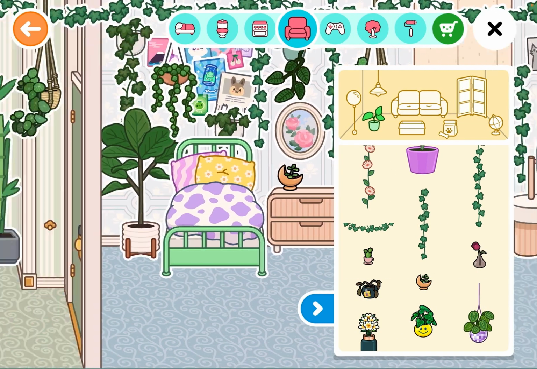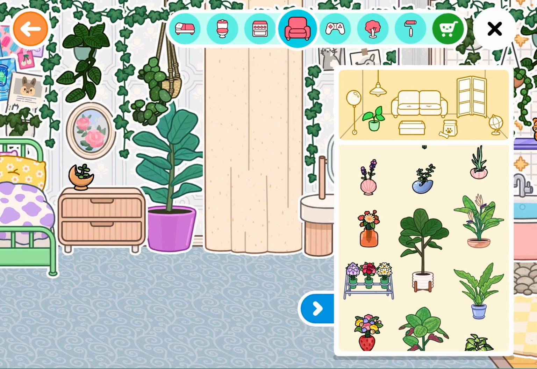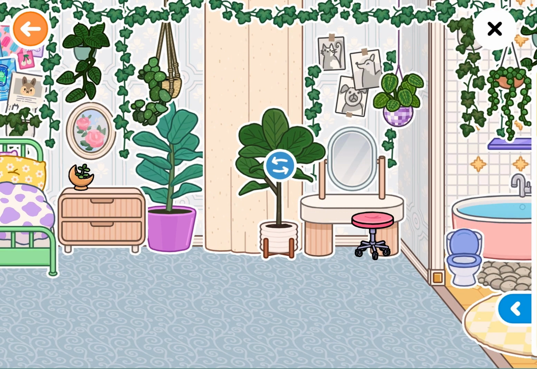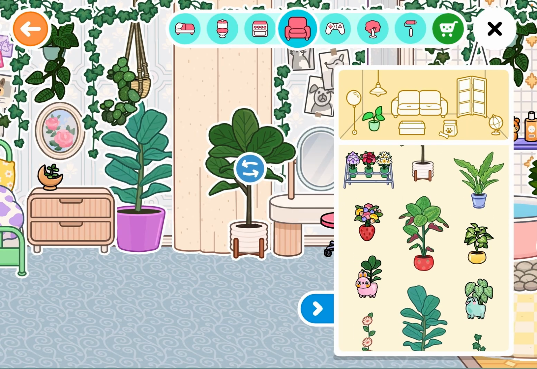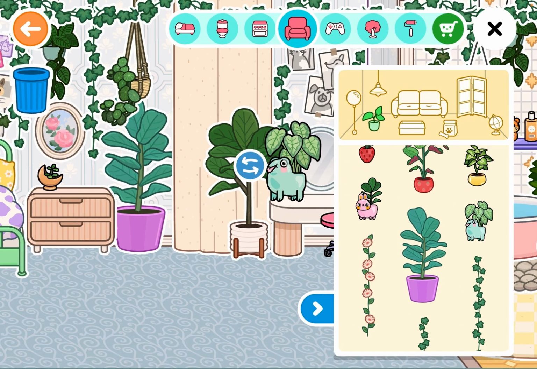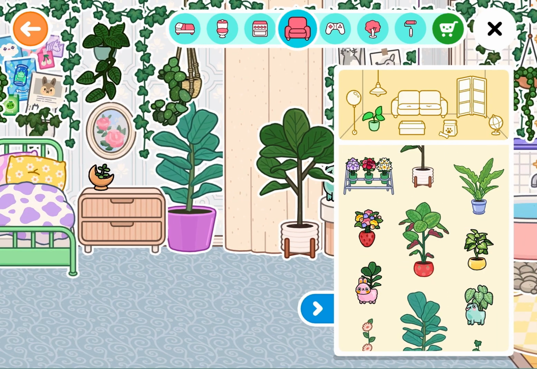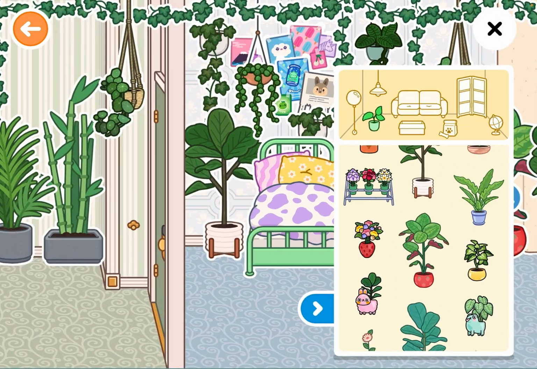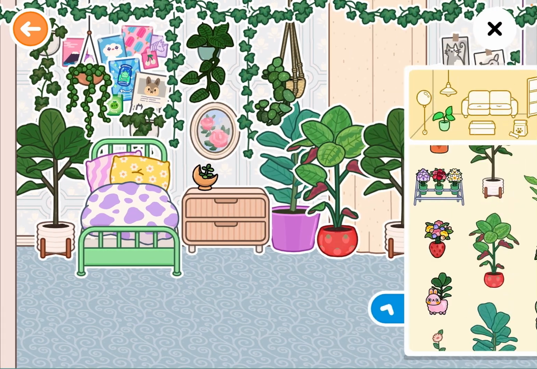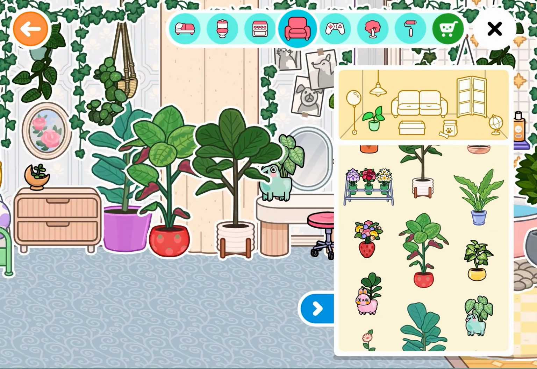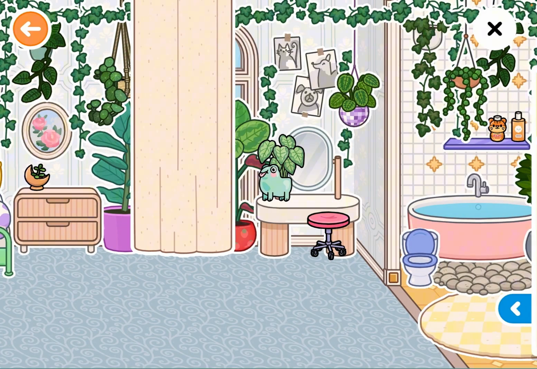I feel like this room is nice and cluttered enough, unless if I add another plant. Because there's not much plants in here. Well, there's plenty, but I mean like ground plants, like these. Okay, I think this is good. It's kind of ugly like that, so how about we just delete this and just keep